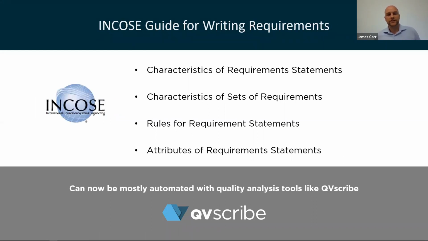Next up, we'll briefly touch on the INCOSE guide for writing requirements. This was actually the topic of our last live tutorial, where we focused on the rules for requirement statements. And new with the latest version of QV Scribe, we have about 30 out of the 40 rules for INCOSE integrated directly within QV Scribe. So if you write a requirement that doesn't adhere to that, that'll be indicated by the quality score. And we've also restructured the way that our configurations work so that now these INCOSE guidelines are